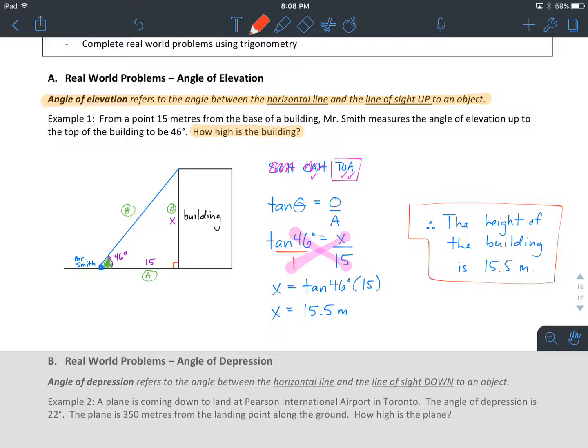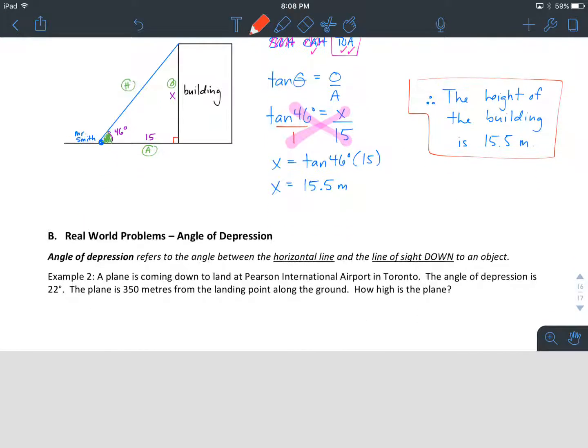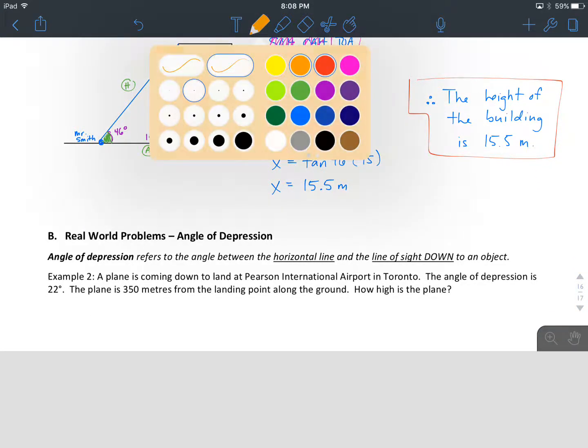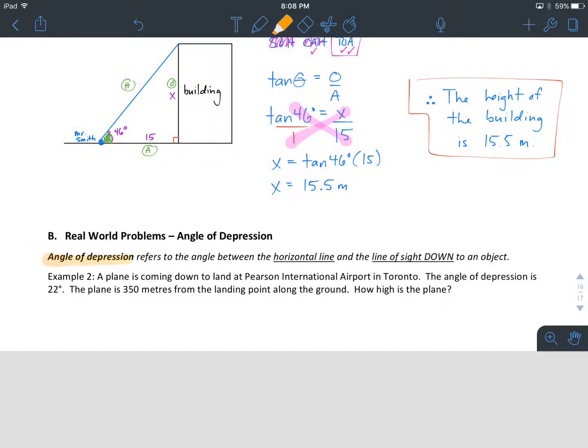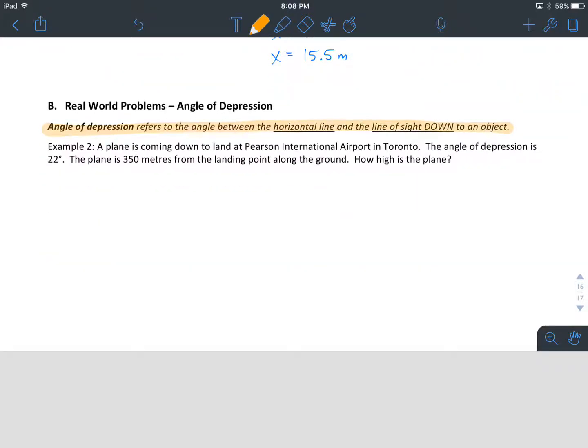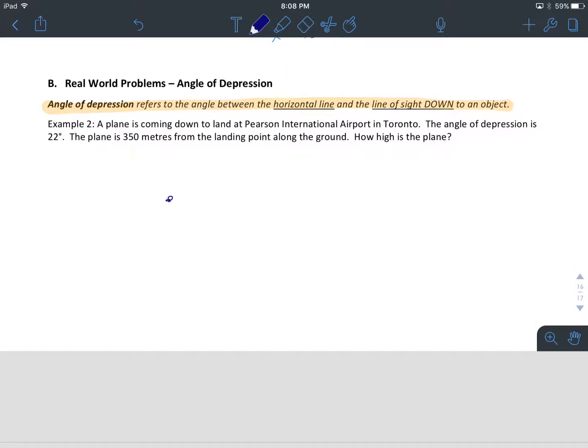Let's move on to angles of depression. Now, angles of depression are similar to angles of elevation, except they're kind of the opposite of that. In that, angles of depression refer to the angle between the horizontal line and looking down at some object. So in this scenario, what you'd be imagining is you'd be the thing up high. So say this is you up here on top of a mountain or something like that, and you're looking down,